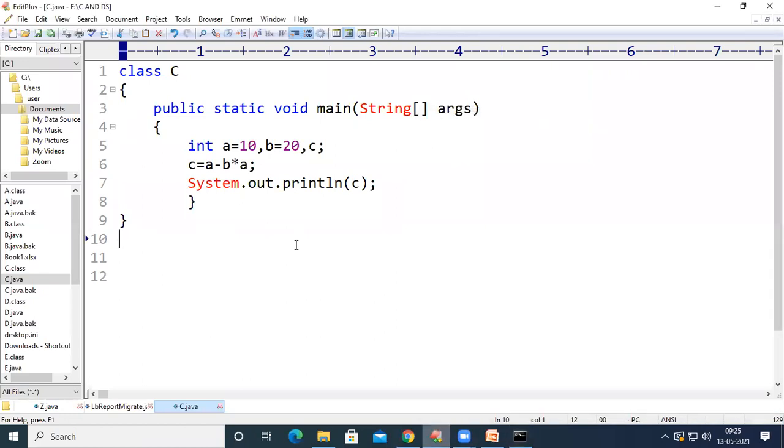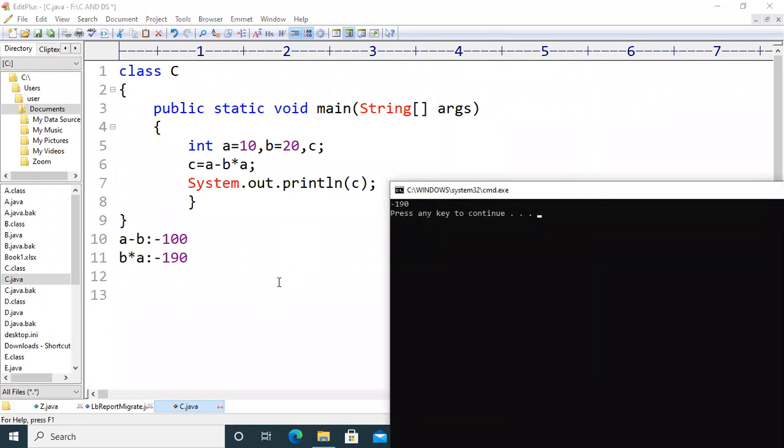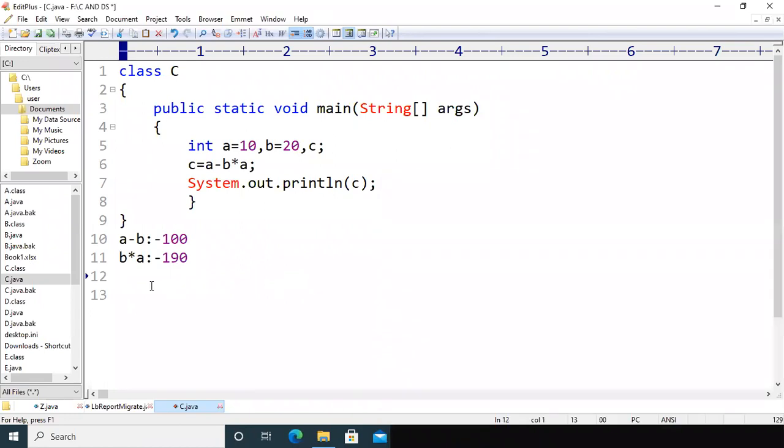As we discussed earlier, if a minus b is executed first, we are going to get minus 100 as an output, and if b star a is executed first, we are going to get minus 190 as an output. The output of this code is minus 190. The meaning of this is b star a is executed first.